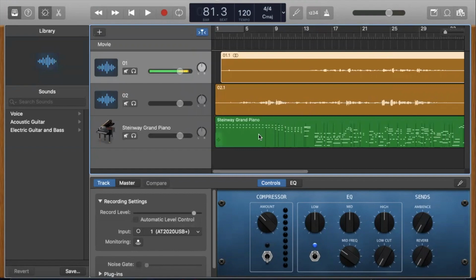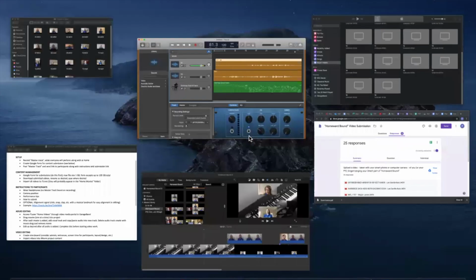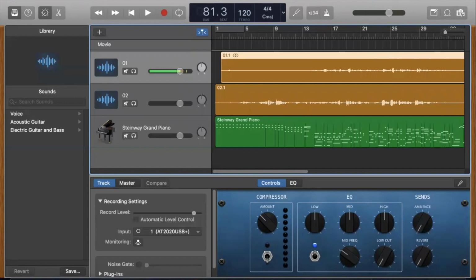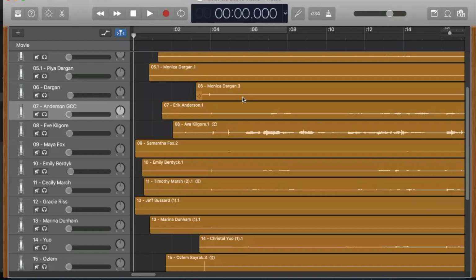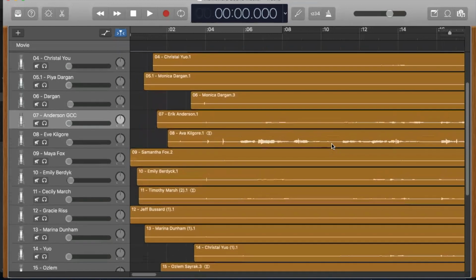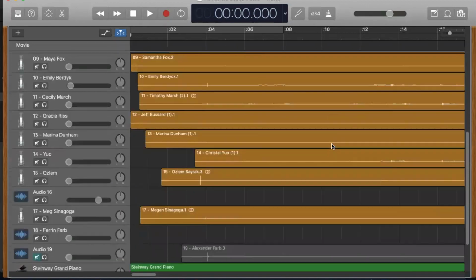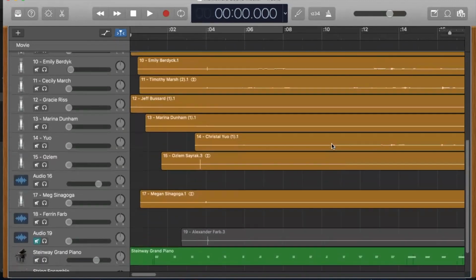And then eventually, you're going to have all of your things all in one. And then you're going to be able to start making your edits. And just to give you a little snapshot of what I did,